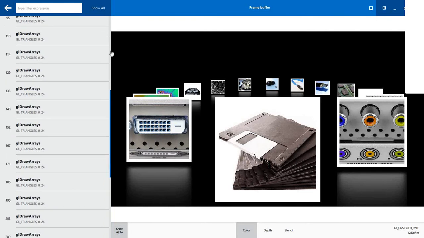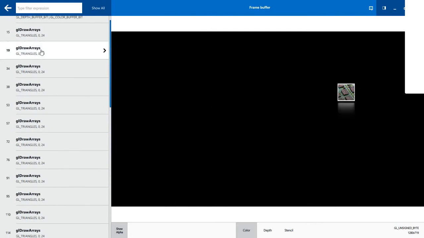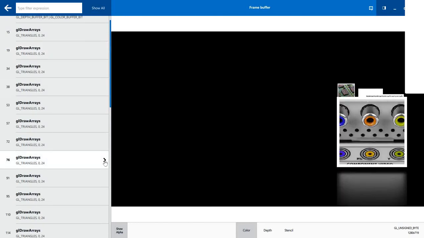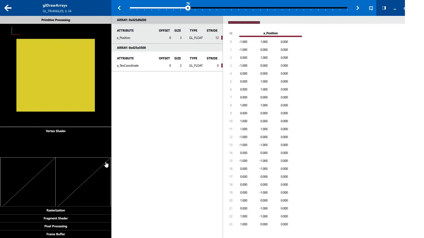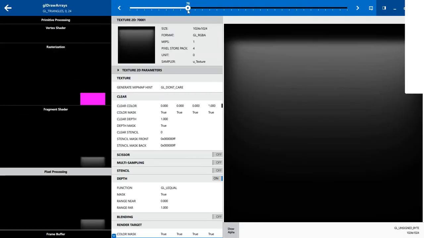So let me select here. The call when the first image was designed, or the first image was developed on this frame. So if I click here on this particular function call, it will help me with more details about this particular frame at this instance. For example,